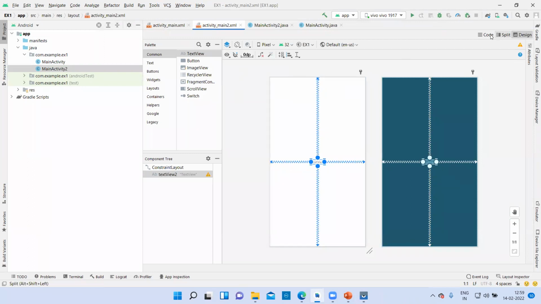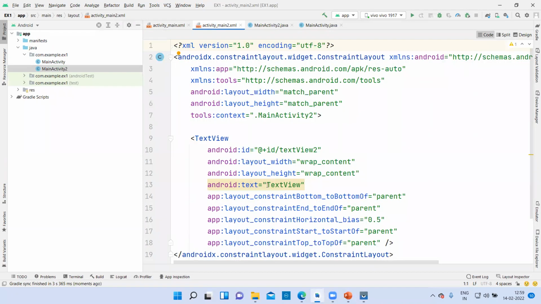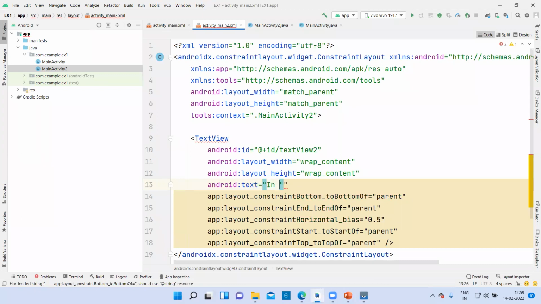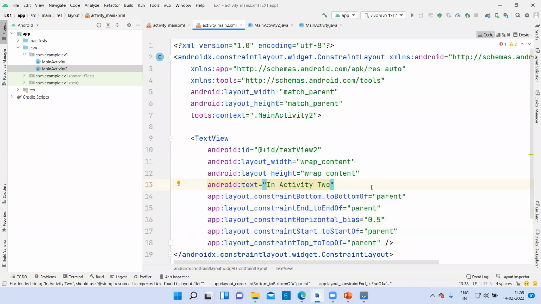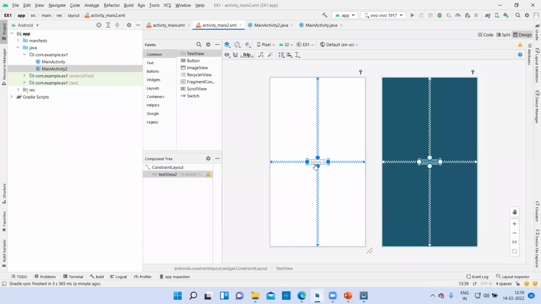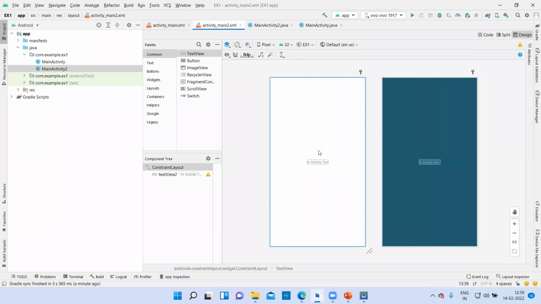And in the code, write down in activity 2. That's it. If I see the design part now, you'll have in activity 2.